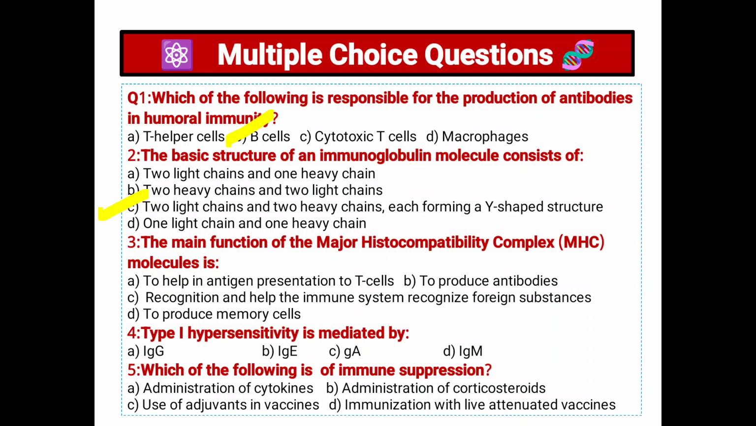So MHC molecule recognizes self and non-self molecule. To identify self and non-self molecule, first option A, to help antigen presentation to T cells, B, to produce antibodies, option C, recognition and help the immune system recognize foreign substance, and D, to produce memory cell. So option C is the correct, recognition and help the immune system to recognize